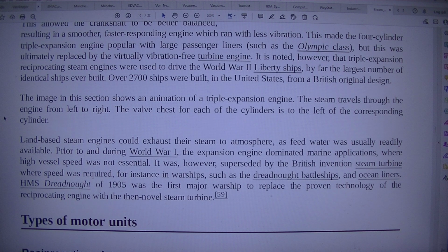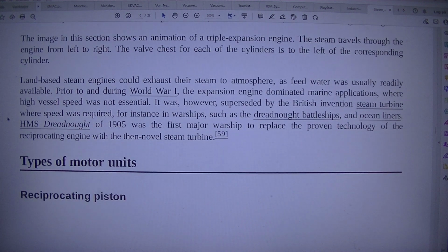The image in this section shows an animation of a triple expansion engine. The steam travels through the engine from left to right. The valve chest for each of the cylinders is to the left of the corresponding cylinder. Land-based steam engines could exhaust their steam to atmosphere, as feed water was usually readily available. Prior to and during World War I,